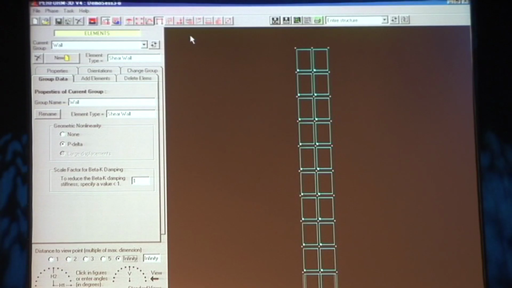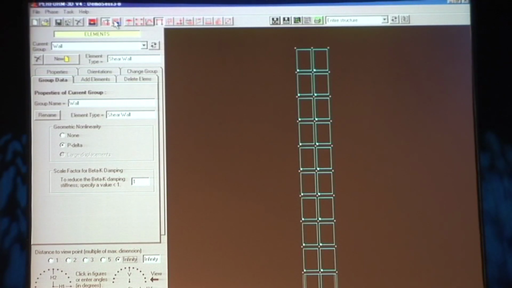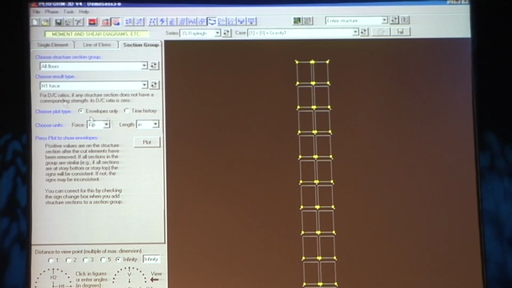Now, I can't compare the numerical values because one is a weak earthquake and one is a strong earthquake, but I can compare the shapes, just the same kind of thing that I did in the previous slide. So I'm looking at the moment envelopes for the weak earthquake, which is the sort of envelope you design for, just the shape, and then the moment envelope for the strong earthquake, which is what you would get from the inelastic case. So H1 force, and I need